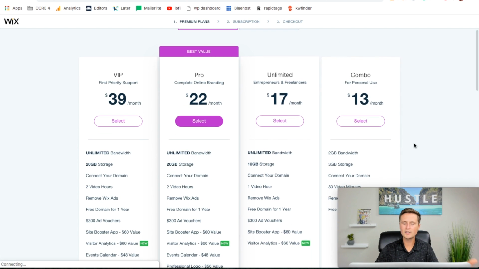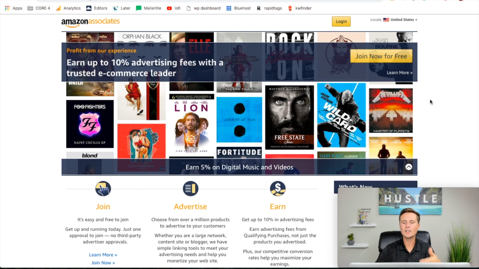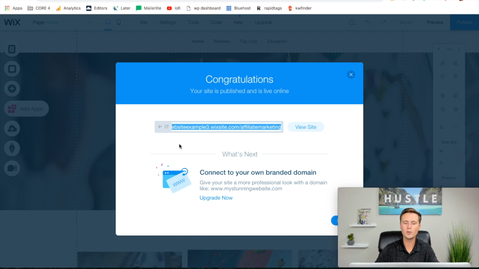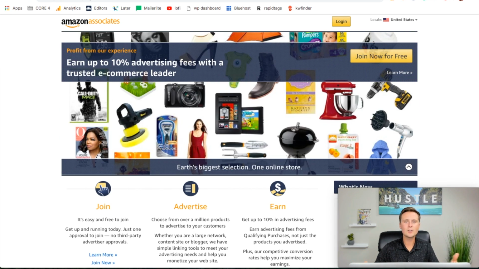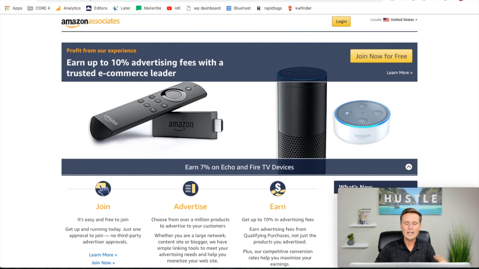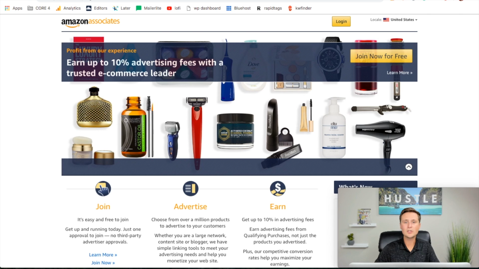But once you select one of these, you'll be able to pick your domain. And then once you have that domain from Wix, then you can put it in the application on Amazon, whether you've put content on this site or not. So even if you don't have any posts ready on this site, that shows Amazon that you're serious. It shows them that you're not just messing around and you want to make an account and not really do anything with it. It shows them that you're serious, you've purchased the domain, you have the real website, it's customized,